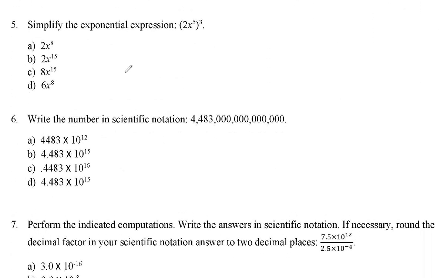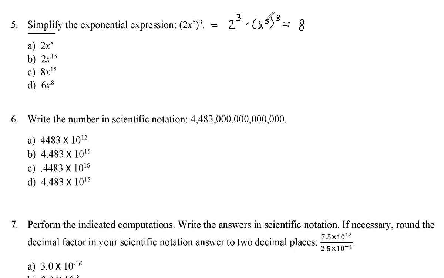All right, problem number 5, we are doing some simplifying of an exponential expression. So 2x to the 5th, cubed. So that means this expression is multiplied by itself 3 times, or by laws of exponents, if you've got things that are multiplied to a power, you can take the power on each piece. So we can take that 2 and cube it, and then multiply by the x to the 5th and cube it also. So 2 cubed, 2 times 2 times 2, is